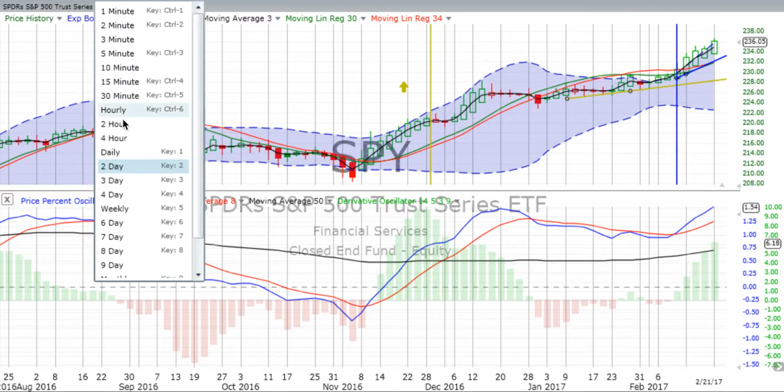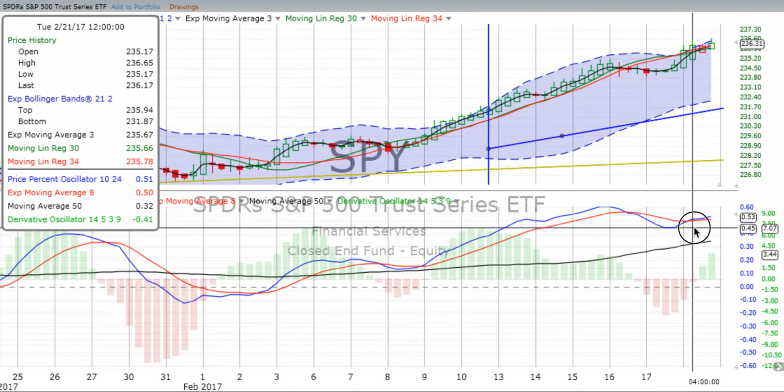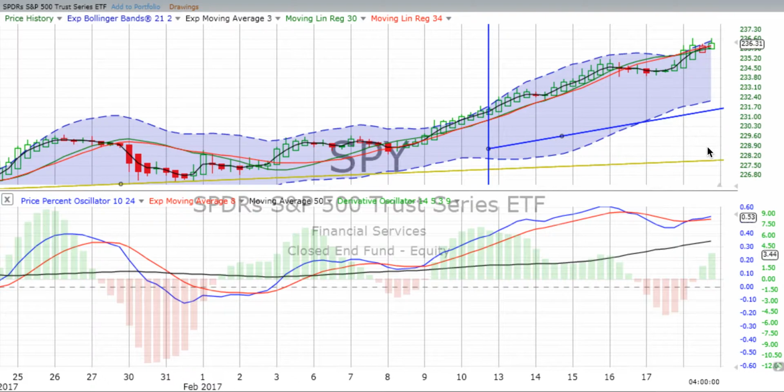When we look at our 2-hour chart, what do we see? Well, we saw a jumping in point. Actually, that jumping in point occurred at about noon over the course of the day on Tuesday. The jumping in point would have been on the opening at $235.17 on the S&P 500. By the end of the day, the high was $237.88, and we continue to watch as that market continues to accelerate upward. We see on that 2-hour chart a real acceleration in the derivative oscillator,